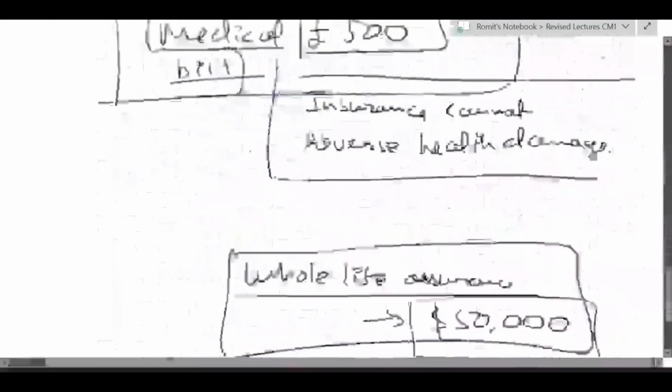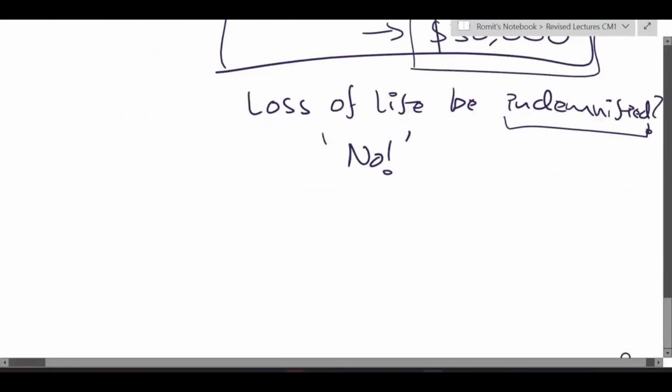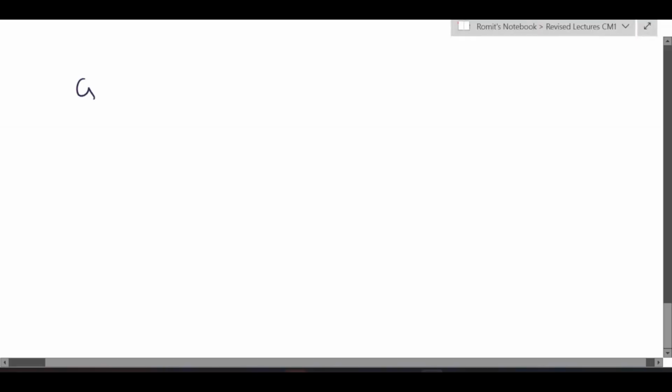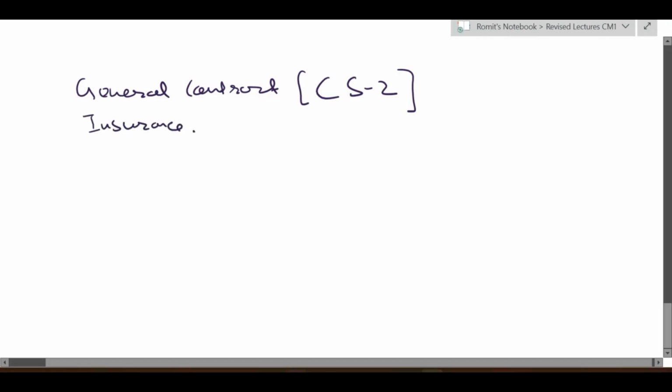Okay, so let me discuss general insurance first, because we are going to discuss life insurance in a lot of detail anyway. Under a general insurance contract, and this is not covered in CT5, this is covered under CS2, which was earlier covered under CT6 under the old curriculum. So under a general insurance contract, since it's a 1 year contract,